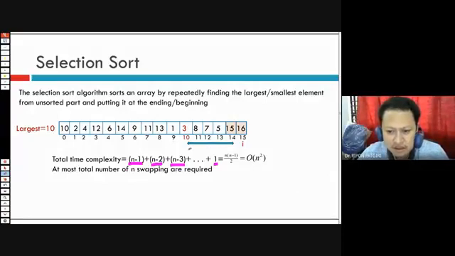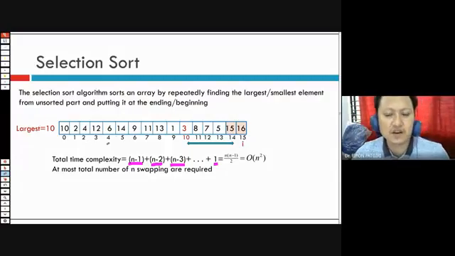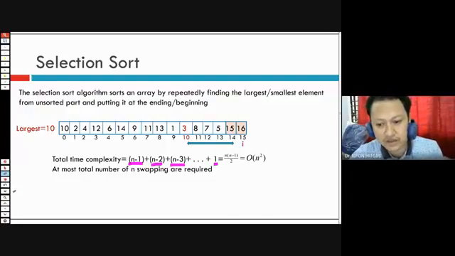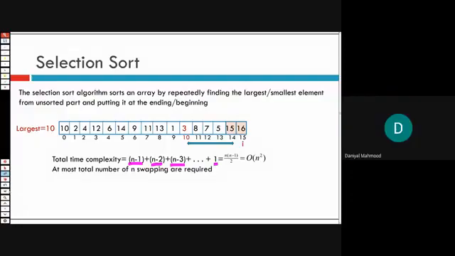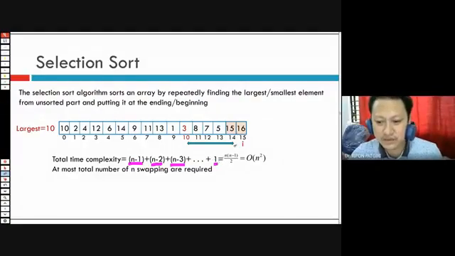However, another advantage is the total number of exchanging, or swapping, operations. Can someone say what the total number of swapping operations is? N minus 1, right?